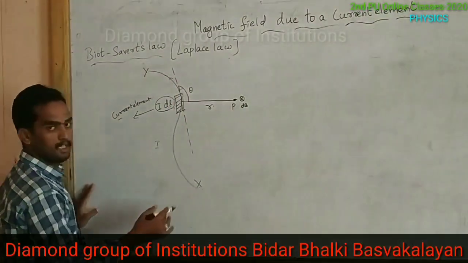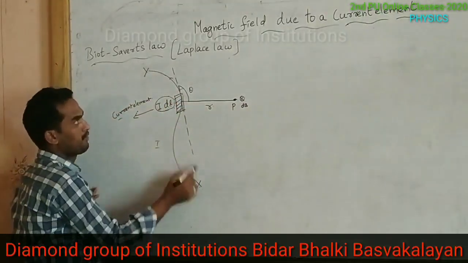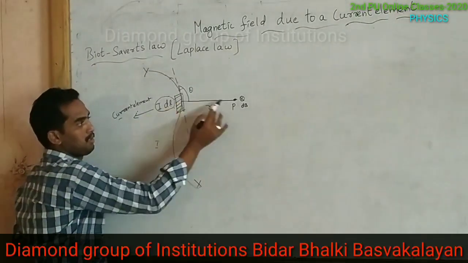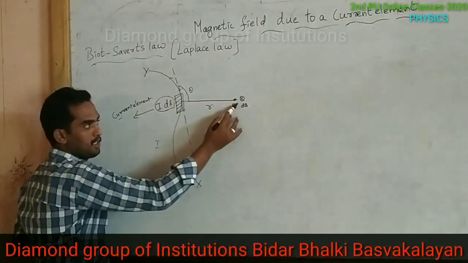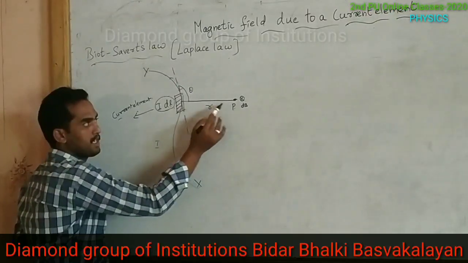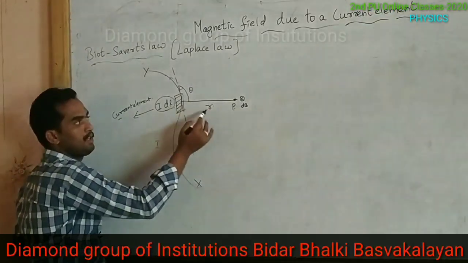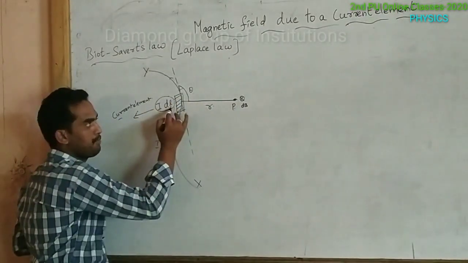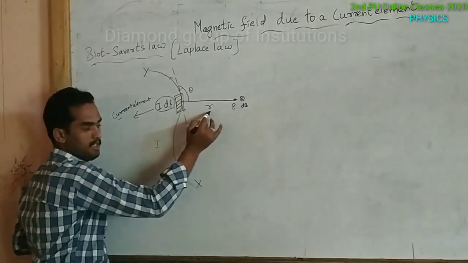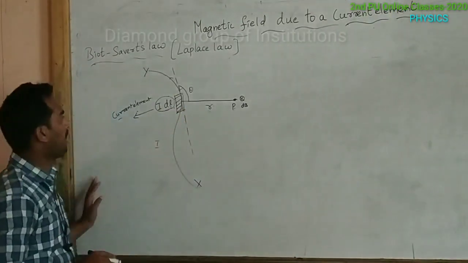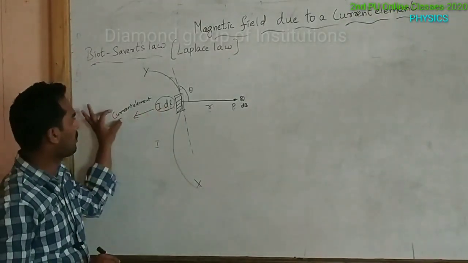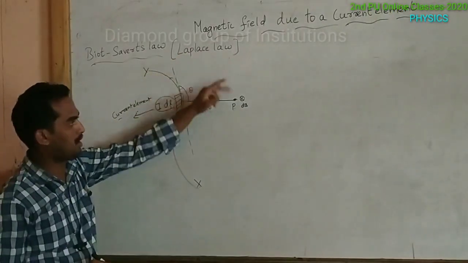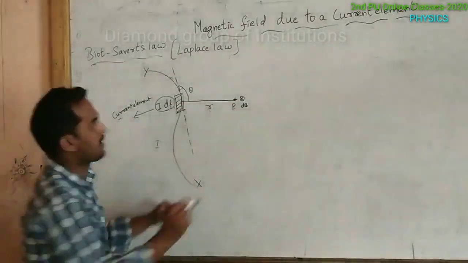See here once again, a conductor. What is the name of the conductor? XY. How much current is flowing? I. And at what point should we calculate the magnetic field? P, at a distance R. An angle is created between this dl, the current element, and this distance R, or we can say the position vector. The product of I into dl is called the current element. So according to Biot-Savart's law, or we can say Laplace law,